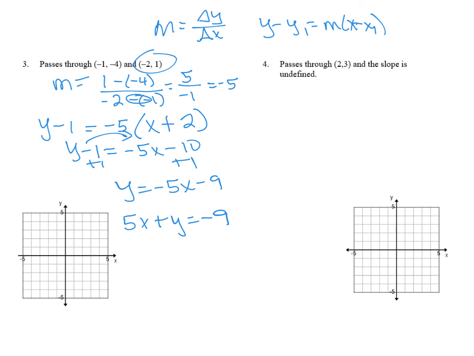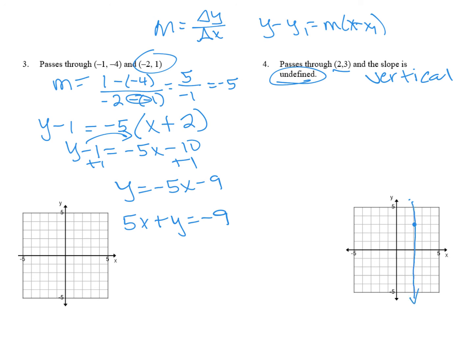We have a line that passes through the point 2, 3. That's my x1, y1. But notice here that the slope is undefined. Now, if you remember in a previous video, we talked about how an undefined slope is a vertical line. So let's think about this. A vertical line that goes through the point 2, 3